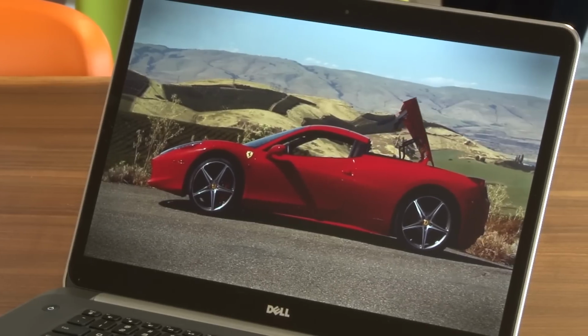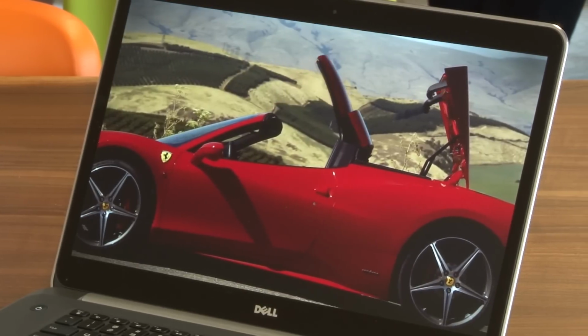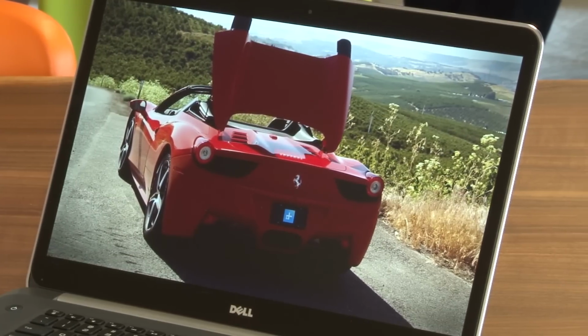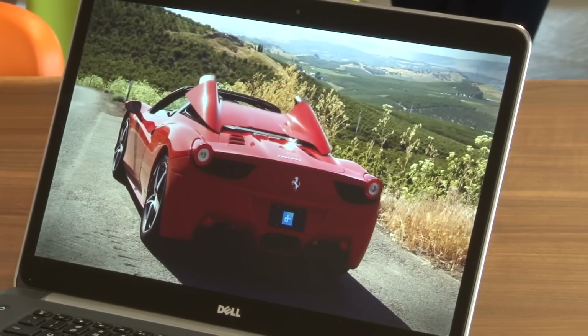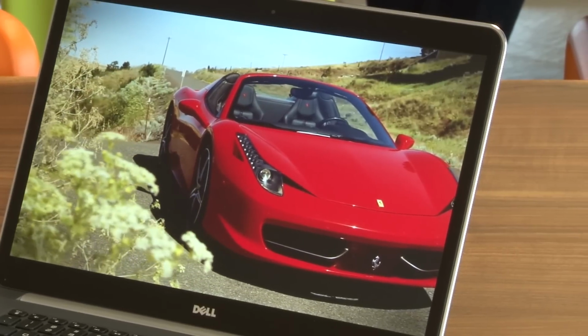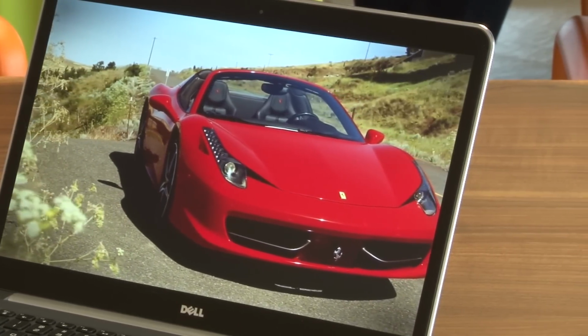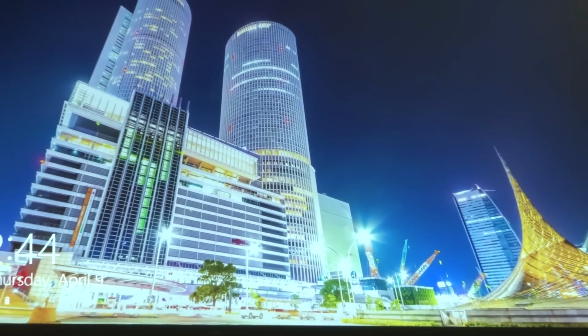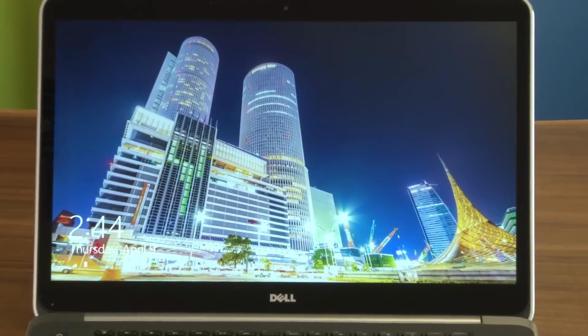Our particular M3800 arrived with a 4K display. It looks sharp, of course, but also scored well in other areas. It set a new laptop contrast record with a ratio of 840:1 at maximum brightness, and aced color accuracy tests with ease. The extremely glossy touchscreen panel is the only downside, but fortunately, the backlight is bright enough to overcome